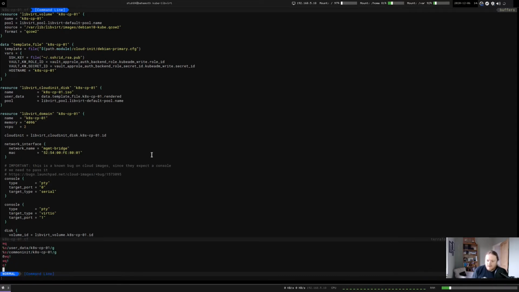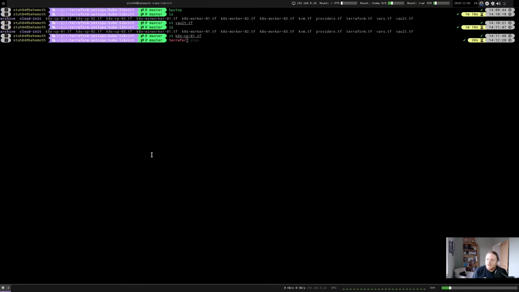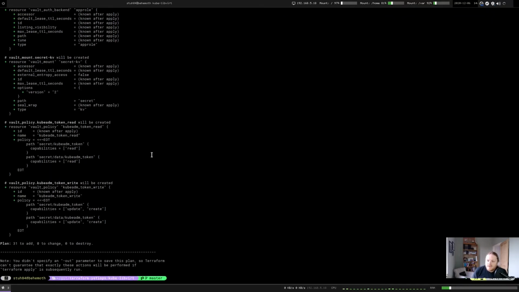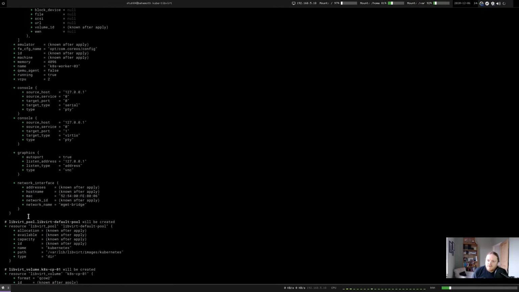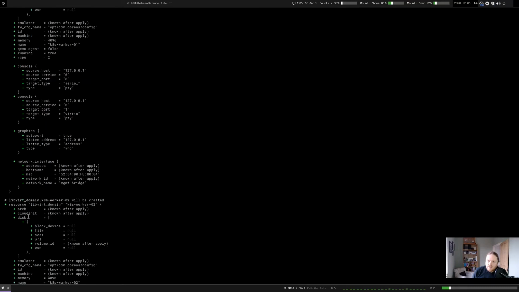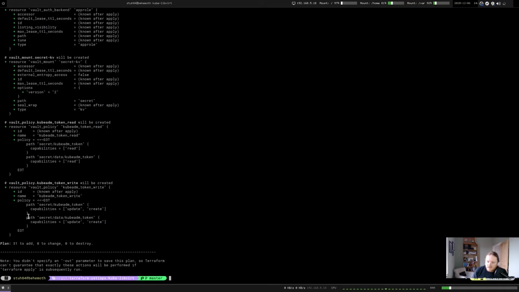So we will come out of this, and we will go and build. So if we look at a plan to see what's going to be created, there's 31 different parts to it. Vault, but mostly the libvirt provider creating KVM images. So if we do a Terraform apply on this,